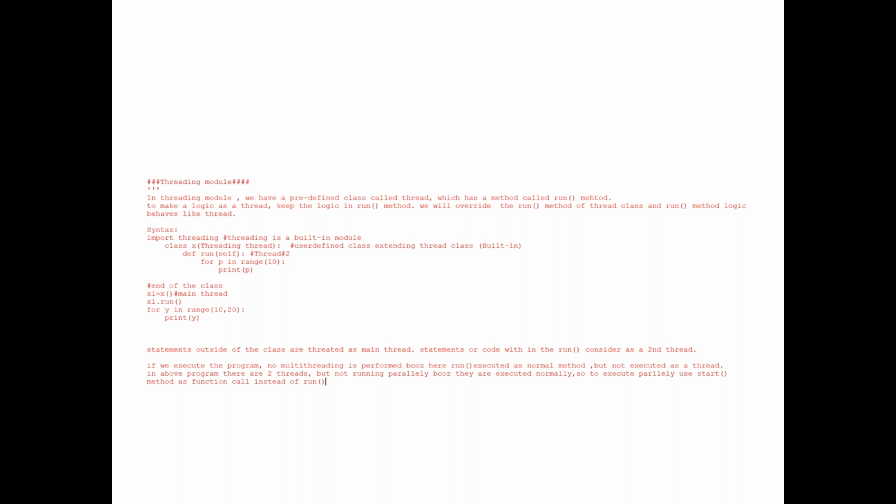So import threading is nothing but you are importing a class called threading. Once you import, you are able to do the multi-threading concept. Threading is an inbuilt module which is available in Python. So class X, I am creating my own user defined class extending Thread,